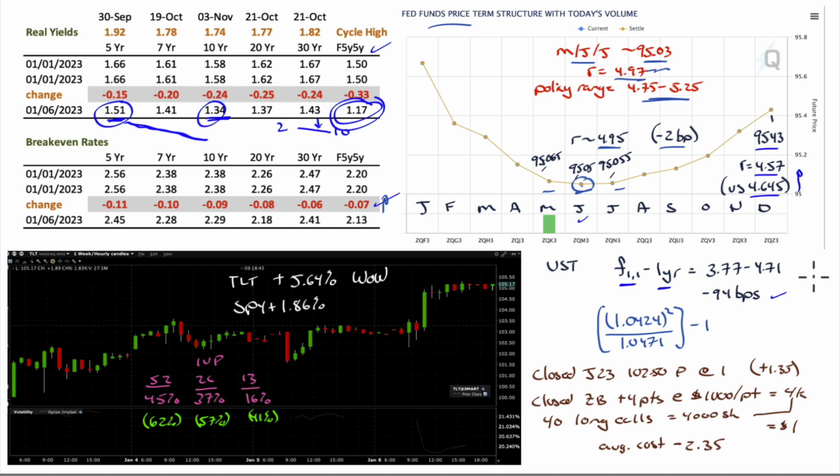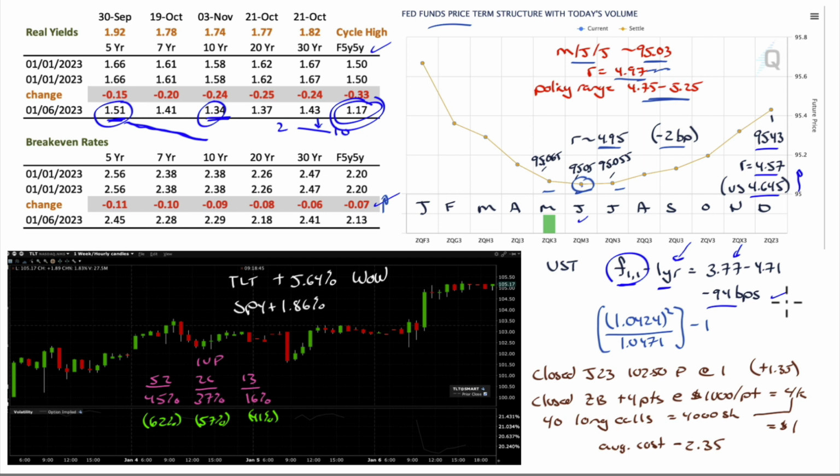I say over the next 2 years because this is a 1 year forward rate. It's what the 1 year would be. Monetary policy finds its way into the 1 year rate. So the 1 year rate doesn't have a lot of effect in there other than the effect of monetary policy. So if we're looking at the 1 year forward rate, it should reflect monetary policy in 1 year, sitting at 3.77, which is 94 basis points below where we are. Whether that reflects cuts between now and next year or anticipated cuts over the following year, it's hard to pull